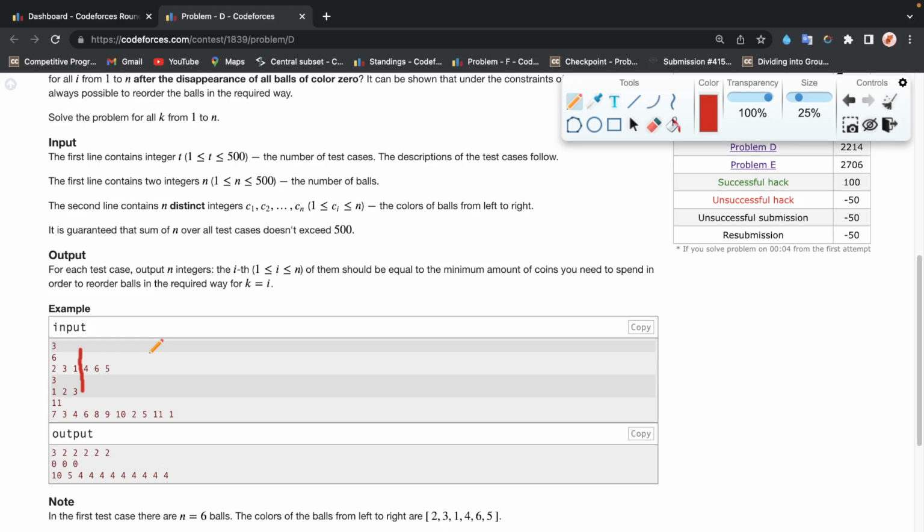What are the transitions basically? That's my doubt. Like I kind of get that it's some kind of DP because first of all